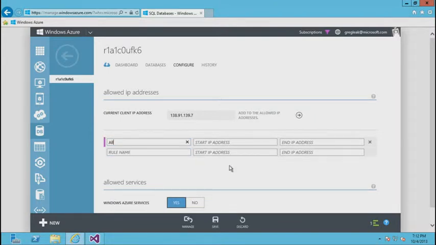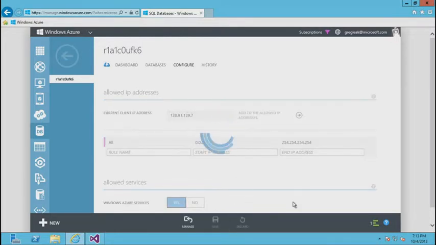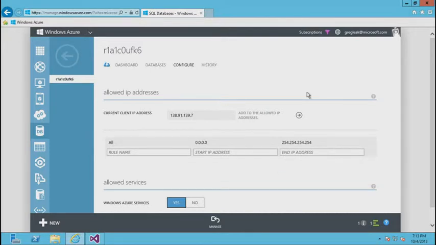But I'm going to go ahead and give this a rule of all. And I'm just going to go ahead and add an IP address range. And we'll make this just a full range here. And we'll save that rule off. And now I will be able to access this database from different client PCs running all the different SQL Server